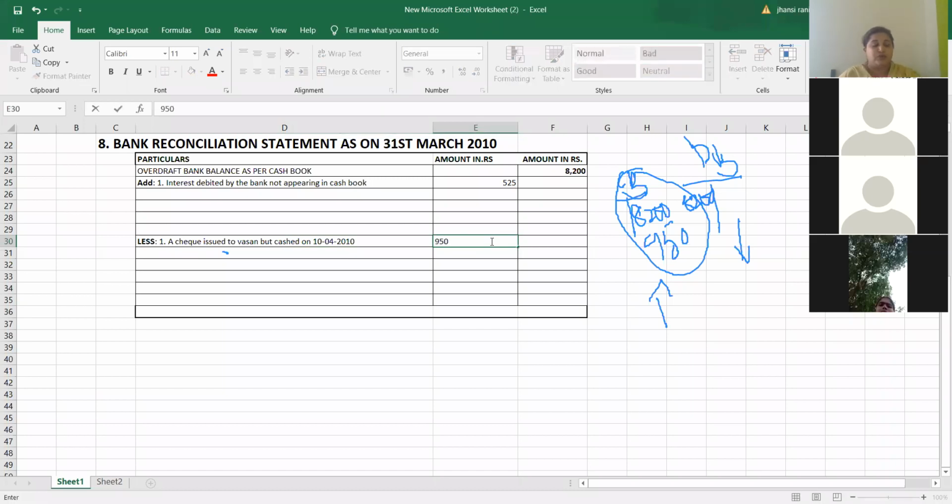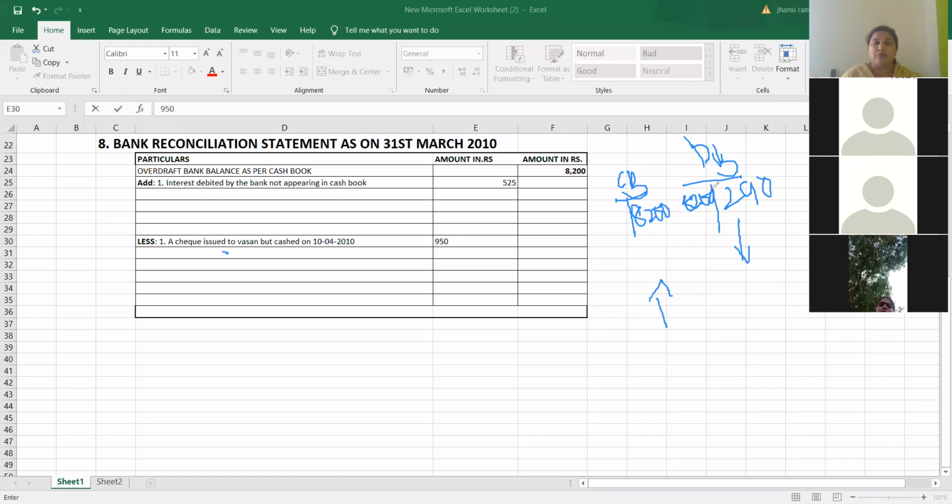Now, let's move to the next transaction. A credit of rupees 290 relating to some other account was found in the passbook. So some other account's balance is appearing in the passbook. Let me write that also. What happened? A credit of 290 relating to some other account was found in the passbook. Where is it found? In the passbook. What is found? A credit. What is the amount? 290 rupees.